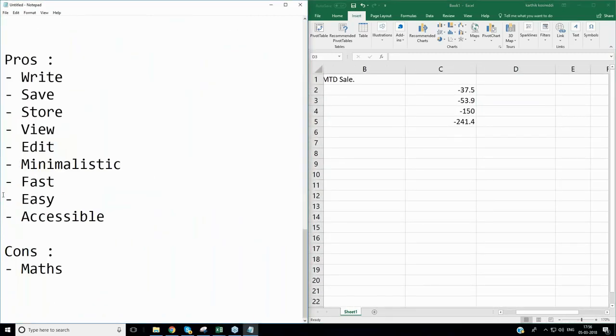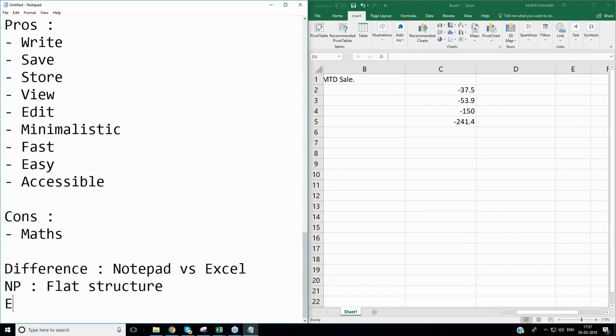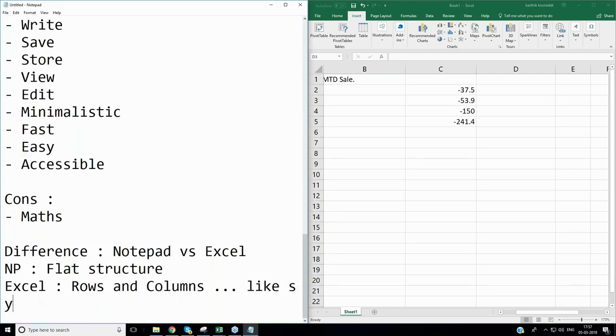The primary difference between Notepad versus Excel is what, team? Primary difference. Notepad is more like a flat structure, just a document. Excel has got two things, rows and columns, like a table.